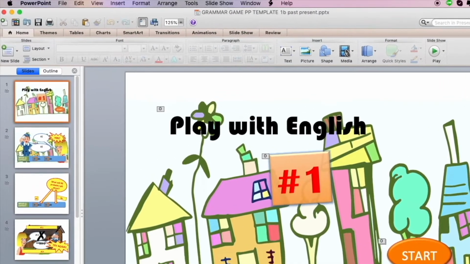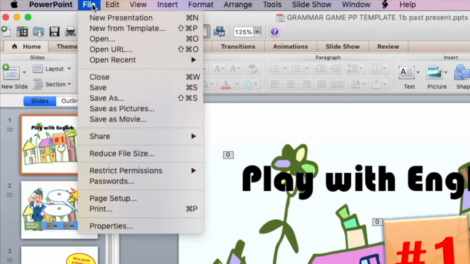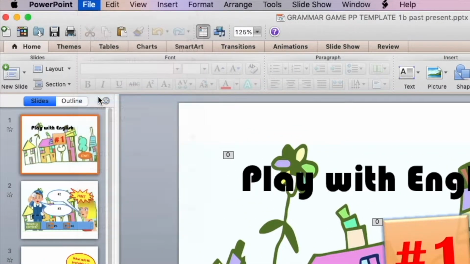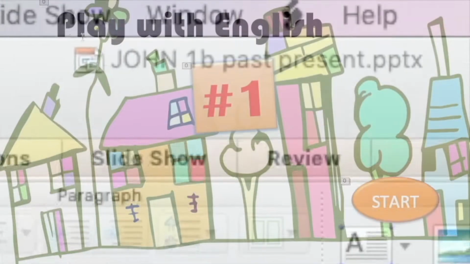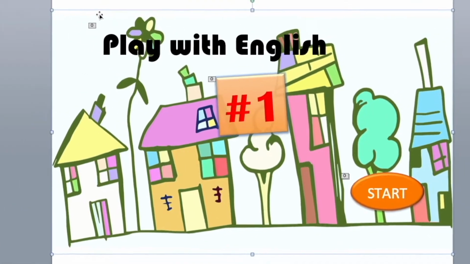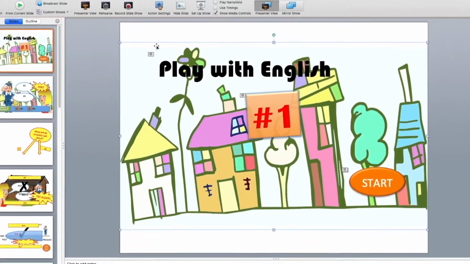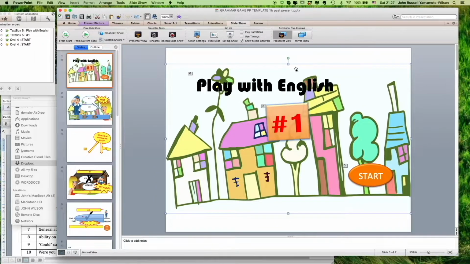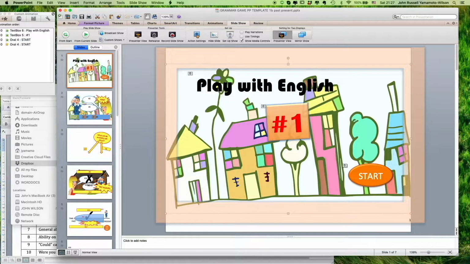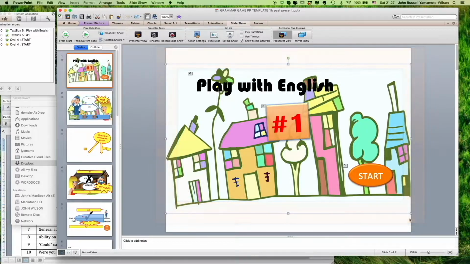So, let's get started. The first thing I'd like you to do is change the name of your PowerPoint. Any name will do. I'll just call mine John. Now let's start editing the template. We'll start by selecting the background picture. We know it's selected because it's got a thin blue line all around it. It's a little bit hard to spot perhaps, so here it is highlighted.